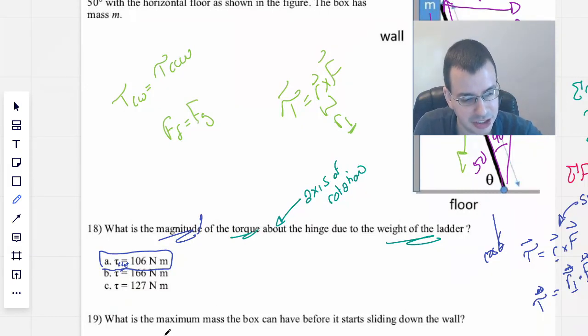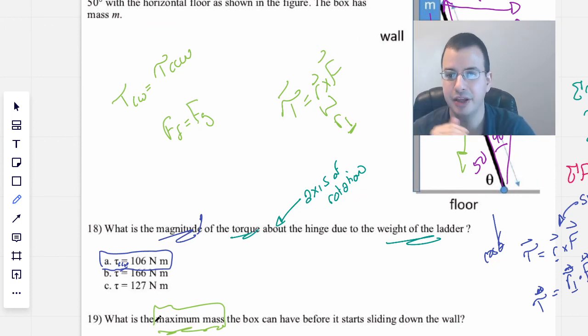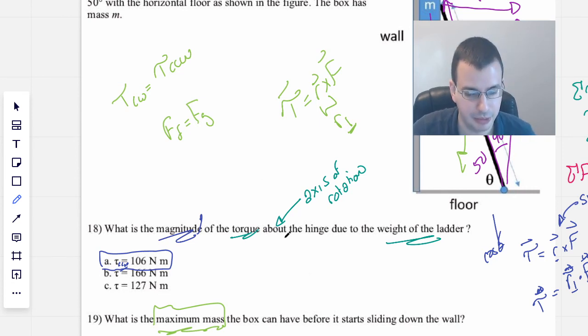And this is the maximum mass. It could be that it's holding up the box, and the box is just really light and it's a really heavy ladder. This is the maximum mass that it can be before it starts